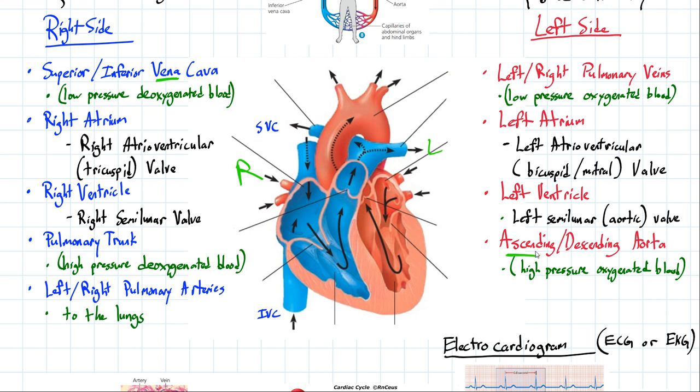Sometimes we'll call this the ascending aorta on the way up, leading to the head and your arms, your left arm, your right arm, and it wraps around behind, down towards your thorax and your abdomen, and we call that part the descending aorta. That's not in this picture, but this tube continues down behind the heart and carries blood to the rest of your body tissues. I'll make a couple more videos in a moment